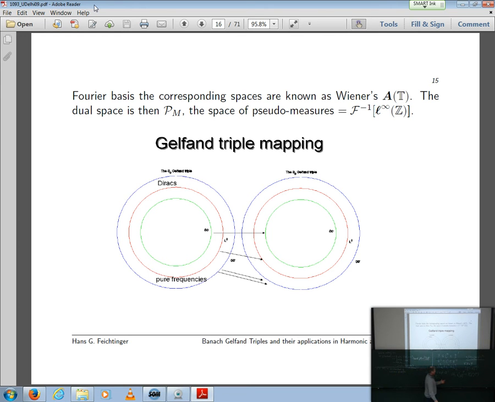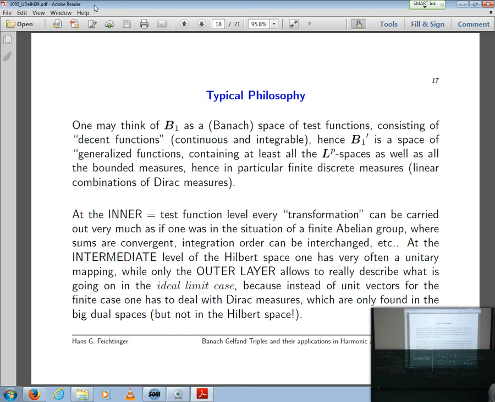But if you look from a modern point of view, the classical Fourier transform establishes a Banach-Gelfand triple, I call it even a unitary Banach-Gelfand triple because at the Hilbert space level it's unitary, from this triple A of T, L2, pseudo measures to the prototypical example. And you see more and more of these things. So now I will try to tell you how to, so I have already told you